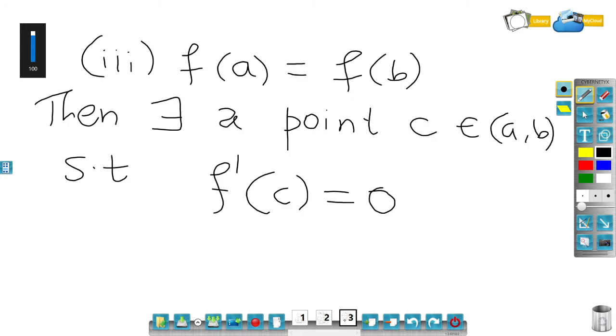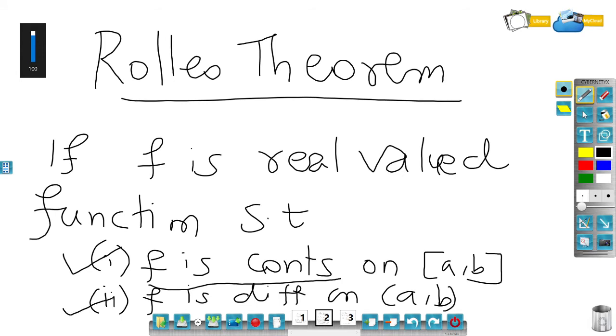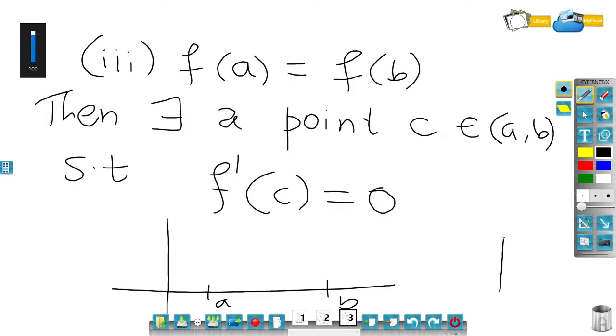So let me draw a function. Suppose I have a function whose domain is [a, b] and the function is defined on [a, b]. The second fact says that the function should be differentiable, that is, the function should be smooth. That means if I draw the graph of the function, it does not have any sharp turn. If we get a sharp turn, that means the function is not differentiable. So in a graph, such a sharp turn is not allowed. So it is smooth. This is okay. This is also okay. But taking a V shape is not allowed.